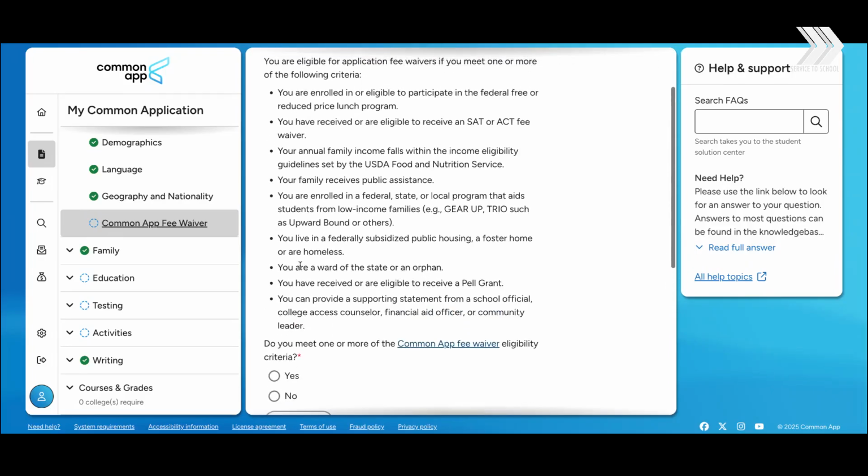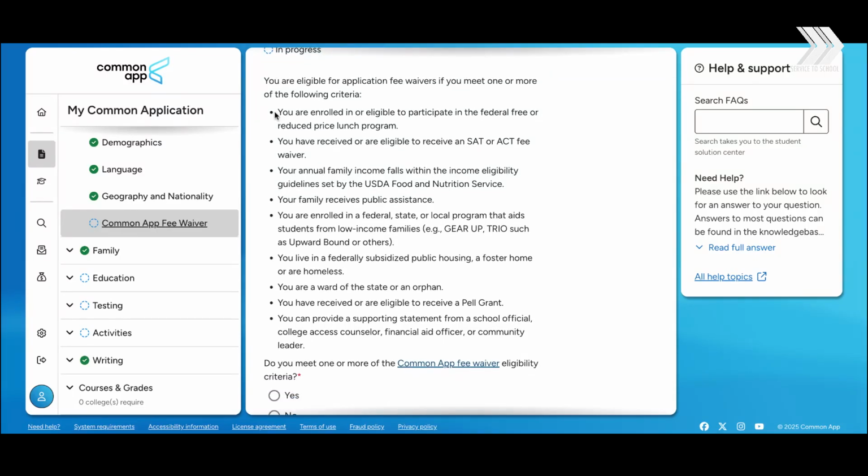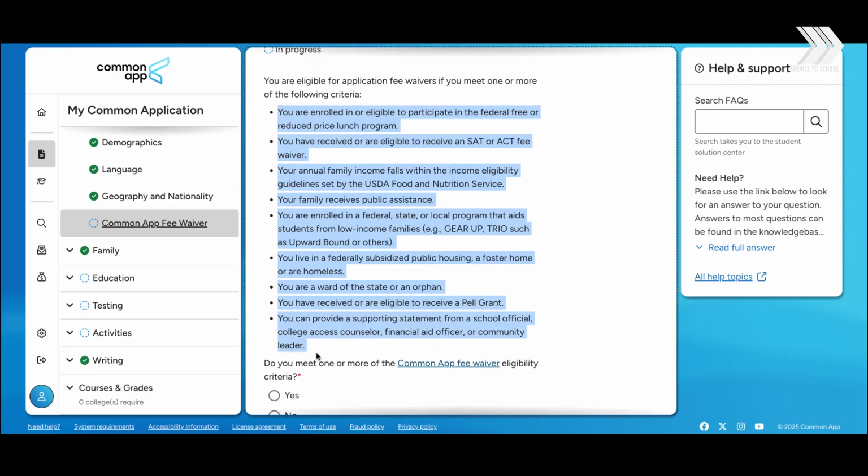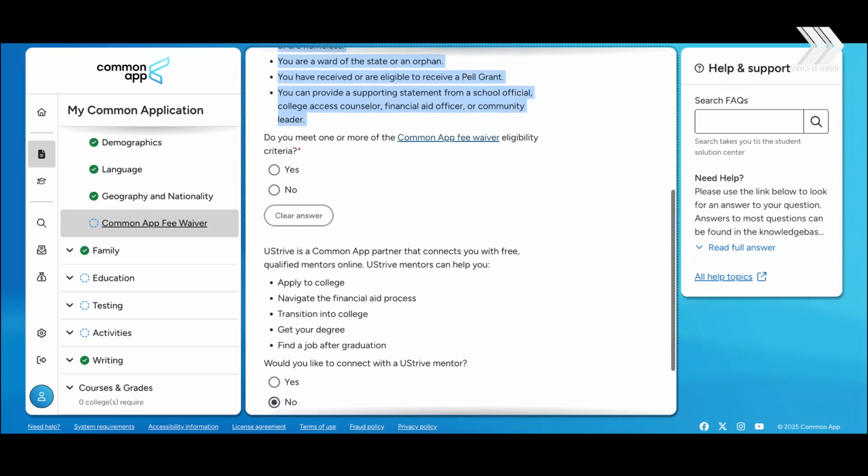And this is a fee waiver question. So this is not always clear. So you can see that these are the criteria you have to meet to be eligible for a fee waiver. For many of you, this might not be applicable. It might be, but it might not be. If it's not applicable,